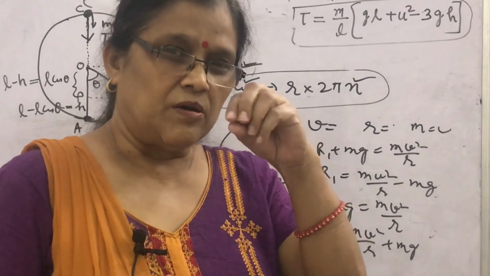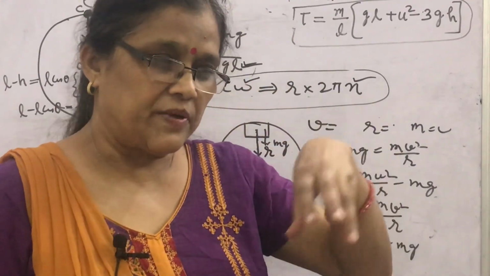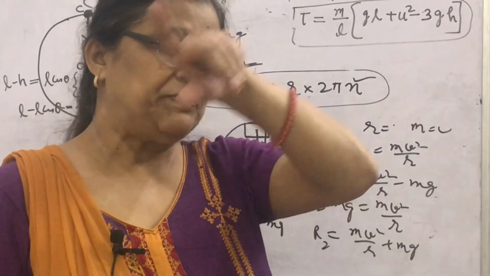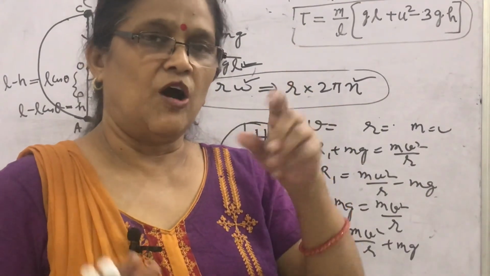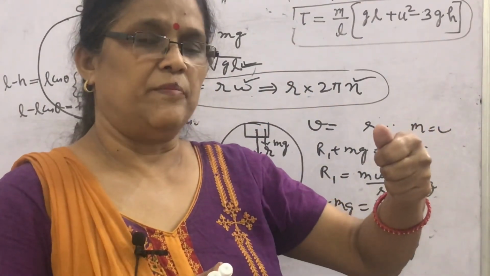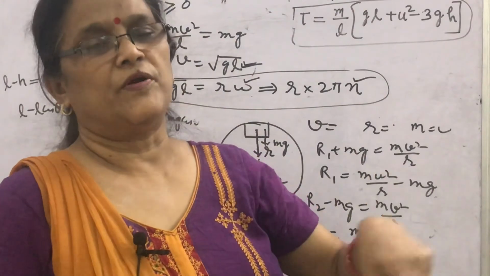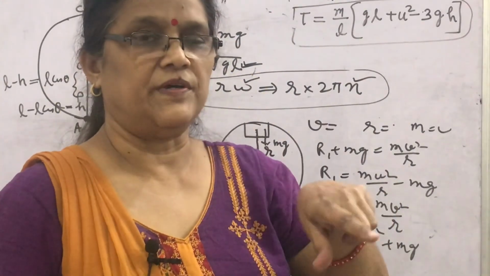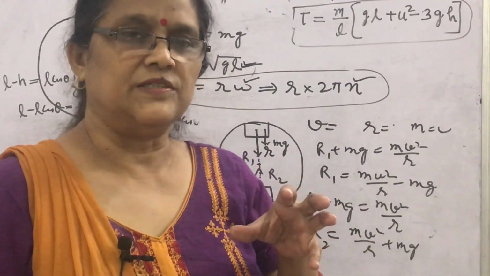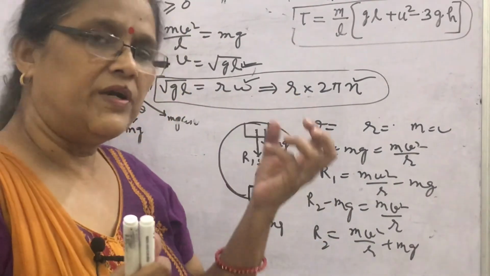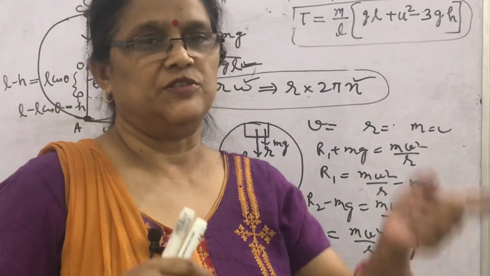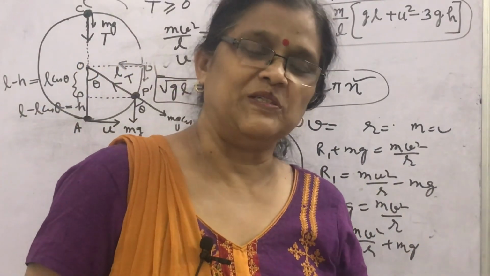An object, a ball kept in a transparent sphere, how much velocity it can be given so that it can perform the circular motion within the sphere. So there are several cases. I discussed here the body tied with the string and it is doing the vertical motion. I hope you must have enjoyed it.